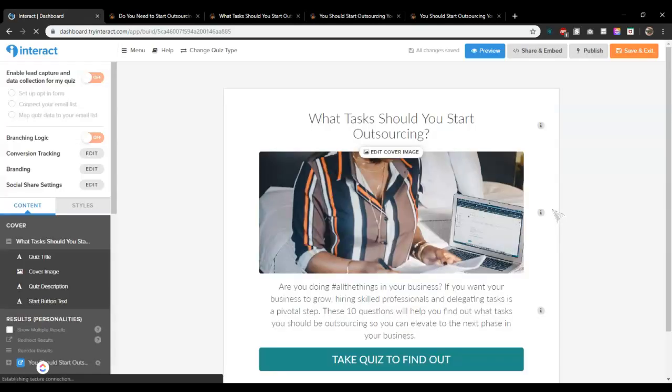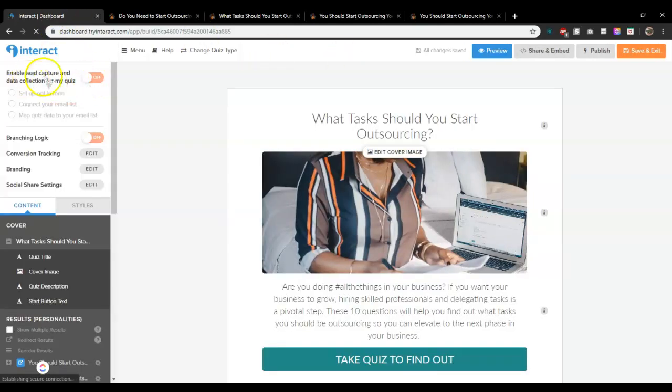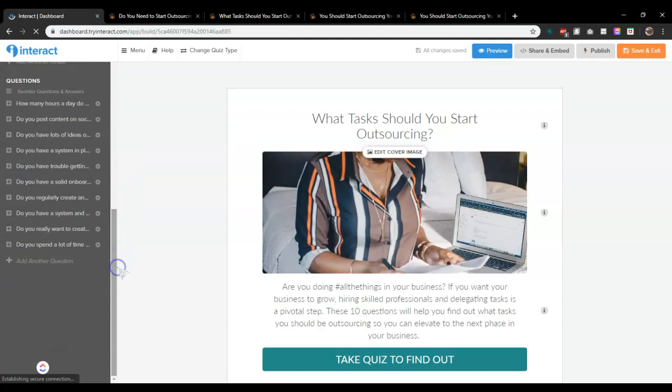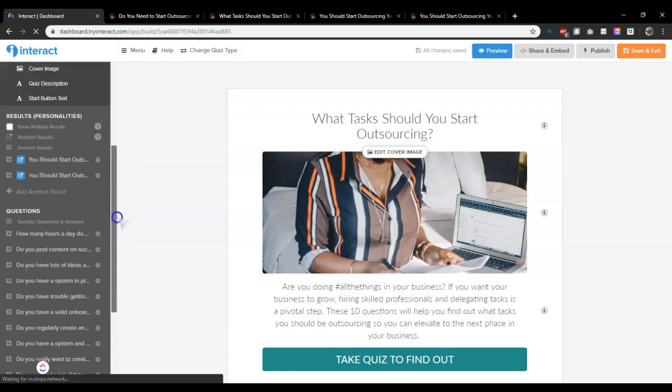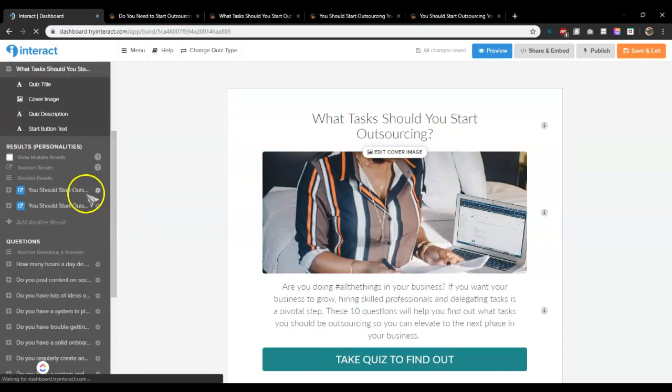Because you're collecting their email addresses from the beginning when they opt in to take the quiz, you're going to make sure that you have the lead capture function turned off. You're going to put in your questions, you're going to map your answers, and when you're all done with the styling and everything,